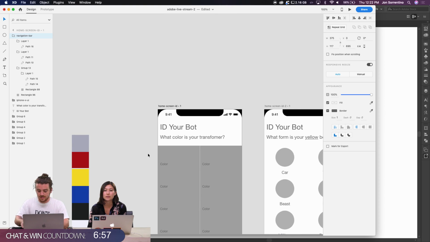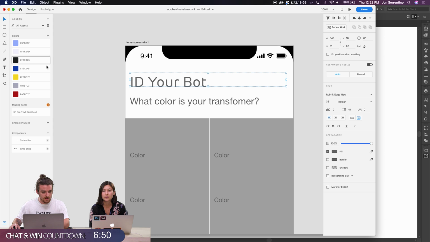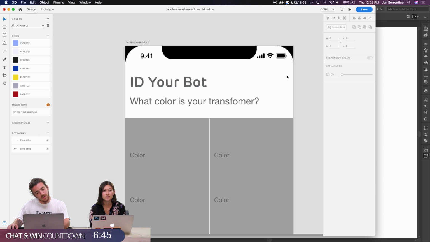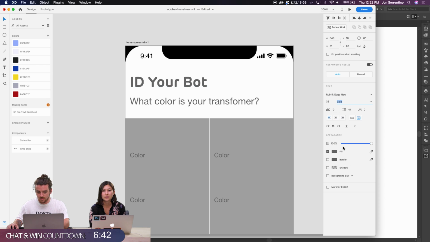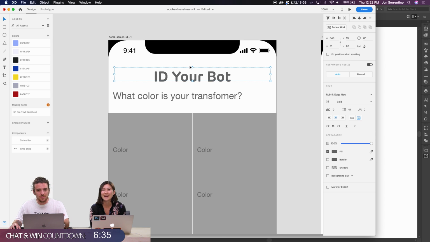All right. And then the next thing I want to do is start to tackle some of this typography. So we're using Rubik, and I think we can go ahead and add that in. I'm going to make this semi-bold, and actually I'm going to make it a little bit bolder. Already such a difference in the look and feel of that specific font. It starts to feel a little bit more friendly. It kind of feels like there's a little AI bot talking to you. And then I think that seems to be a nice heading, and we're just going to go ahead and make this heading 1.